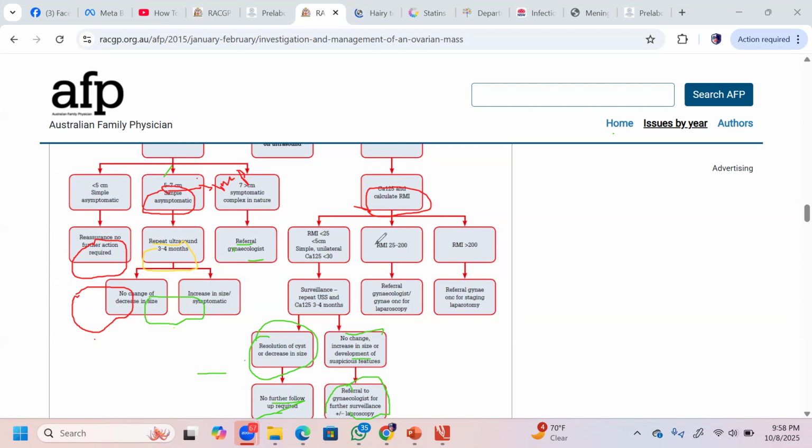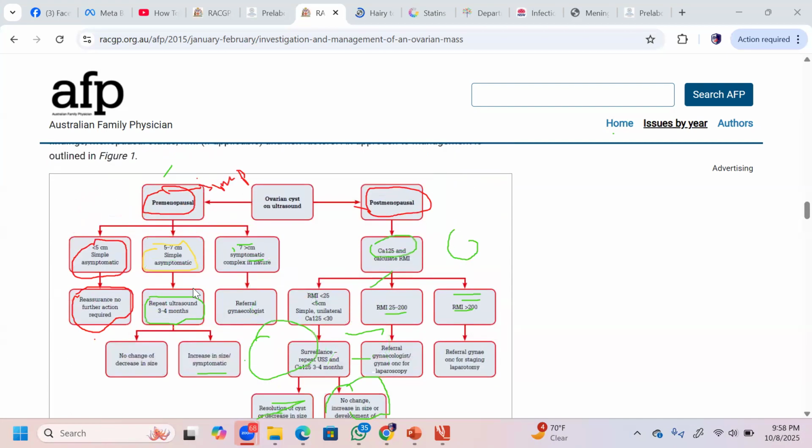Another, if the RMI score is between 25 to 200, you will refer to gynecologist oncology directly for laparoscopy. And if RMI is greater than 200, you will refer to gynecology for staging and laparotomy. So the way you have to memorize is just simple. And the important part is premenopausal